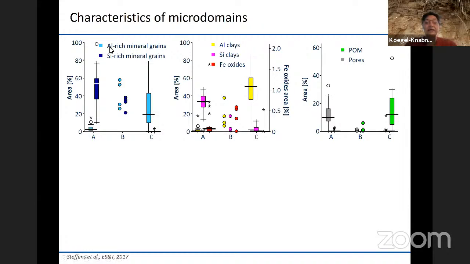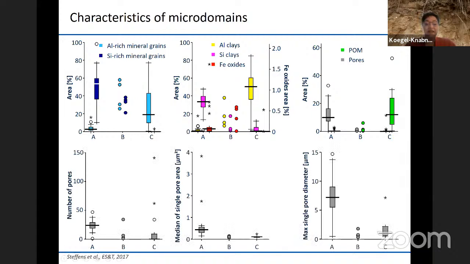In C, we have a lot of aluminum-rich minerals. The same for Si clays that dominate in A and aluminum clays that dominate in C. We have little iron oxides. We see that pores are much more in this A domain, and